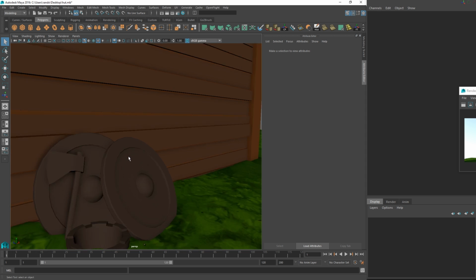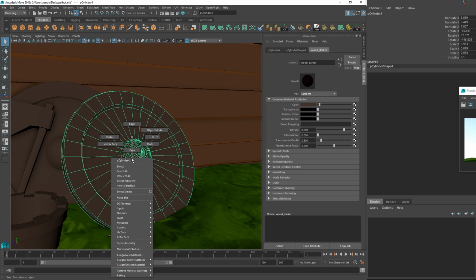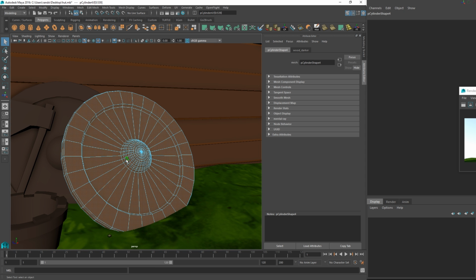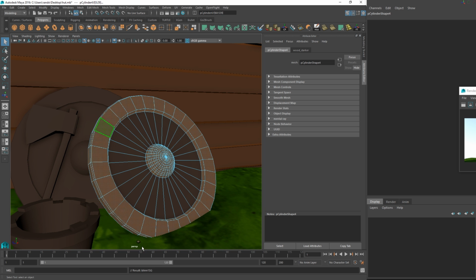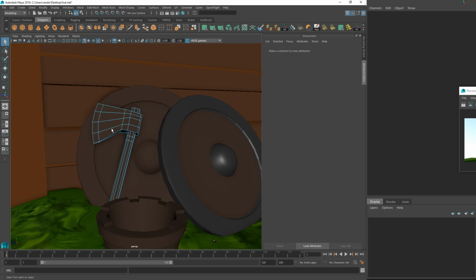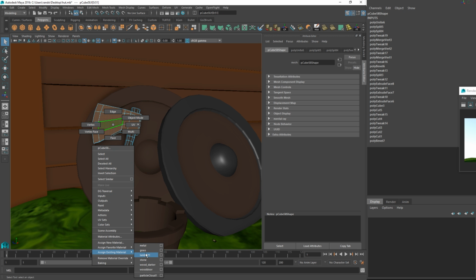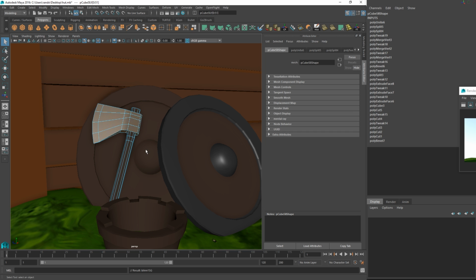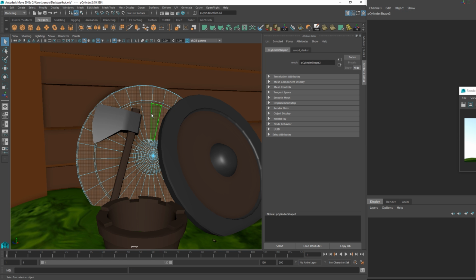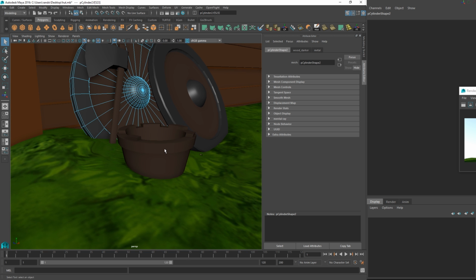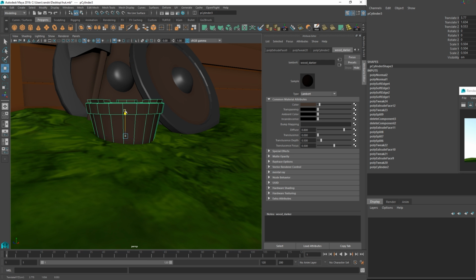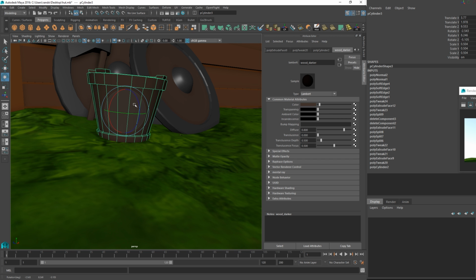So I'm gonna go over here, go to these as well. So select it all, and then deselect this. Assign material, metal. Same with this. Metal. Grab this one back here, select it all, deselect that, and metal. Go to the bucket, move it out of the ground,